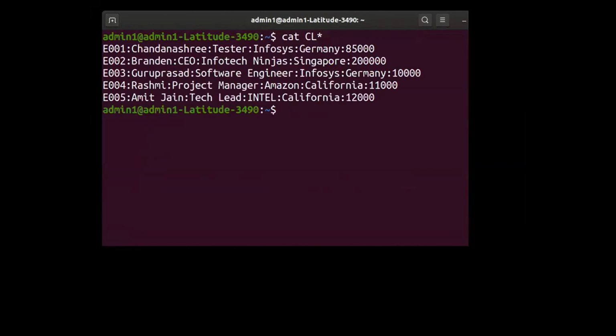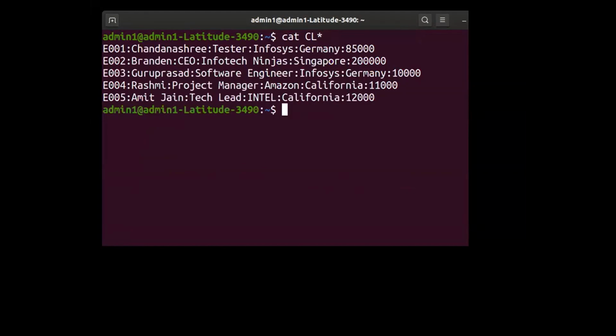Let us say I want to display the name of the employee and the location where they are working. So that's the question: display names of all employees and the location where they are working. Make a note of it, because your next assignment will revolve around these types of commands.